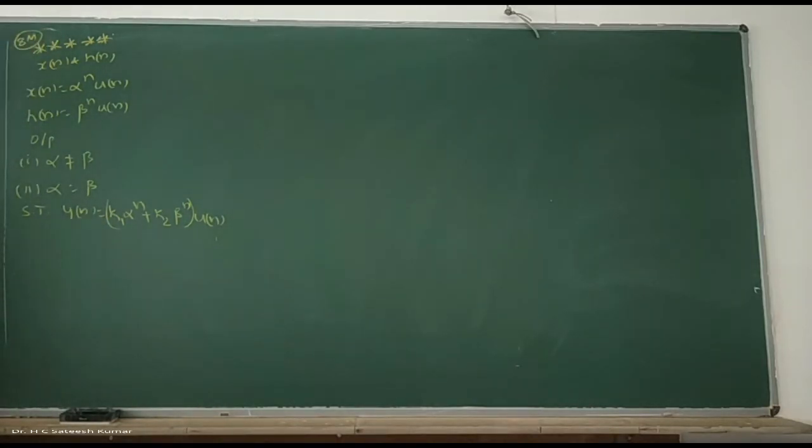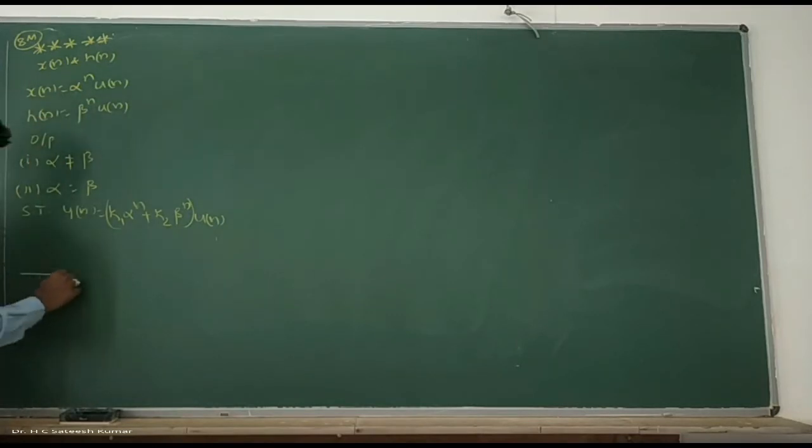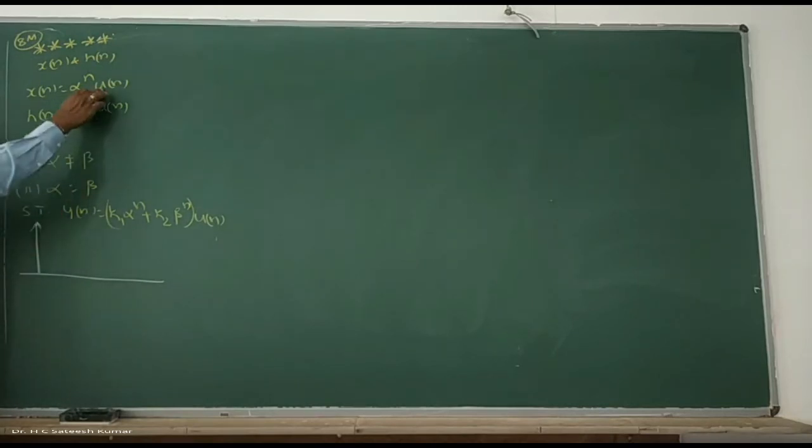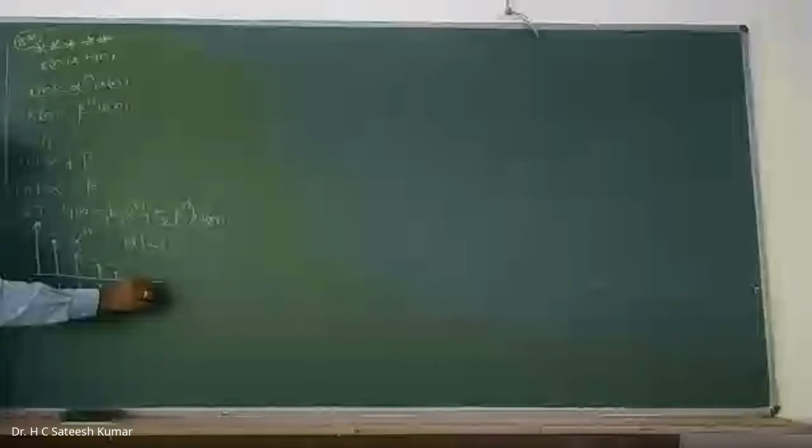Okay, right. How to do this problem? First of all, we don't know alpha, so we assume that the magnitude of alpha is less than 1 because its sketching is easy. Whatever we sketch, ultimately we write it as alpha only. So u of n means starting from 0, with alpha assumed less than 1, we get alpha to the power of n, provided the magnitude of alpha is less than 1. If it is greater than 1, it is increasing. Other than that, the calculation remains the same. 0, 1, 2, 3, 4, so on the n axis.